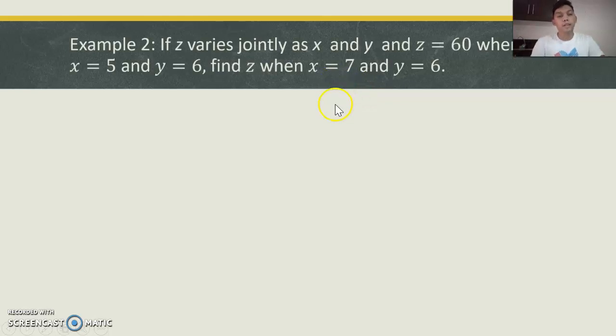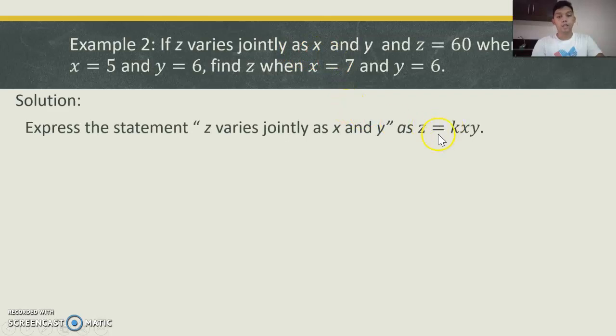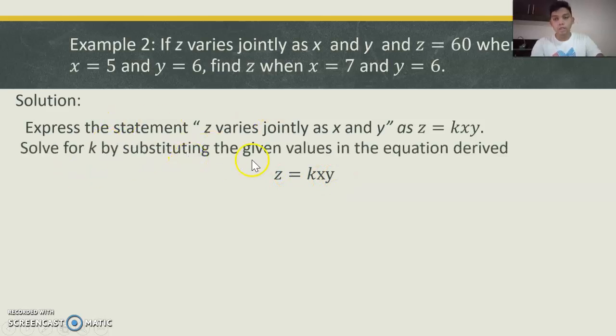Now let's proceed to the first step. Translate the variation statement to a mathematical statement. So z varies jointly as x and y, so z is equal to kxy. Now, since z is equal to kxy, we need to find k first, and then substitute the first set of values. So z is equal to 60, 5 for x, 6 for y, and then this is 5 times 6,